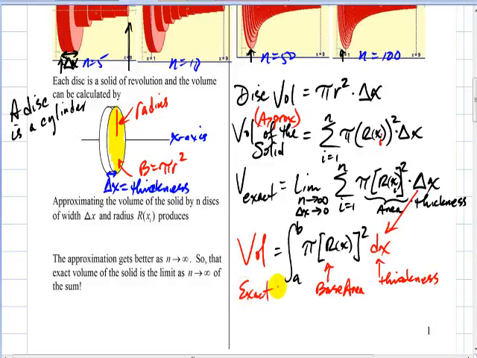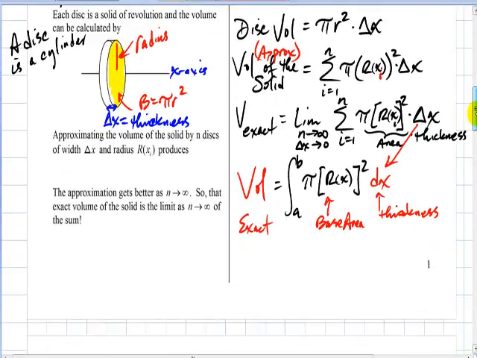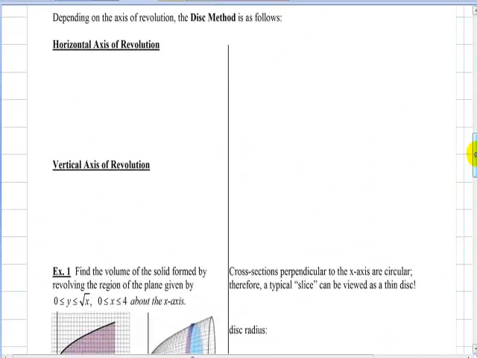Now, when you do this, there are two types of situations that arise. So let's hit them both. Depending on the axis of revolution, the disk method goes as follows. Let's suppose you have a horizontal axis of revolution. So let's draw one here. And let's say that our function here, let's make it really simple, let's call this f of x here. And let's suppose that